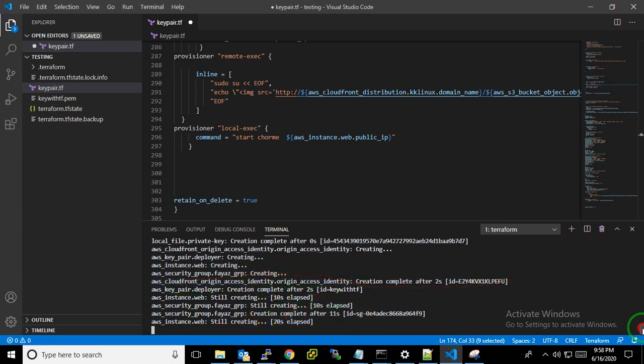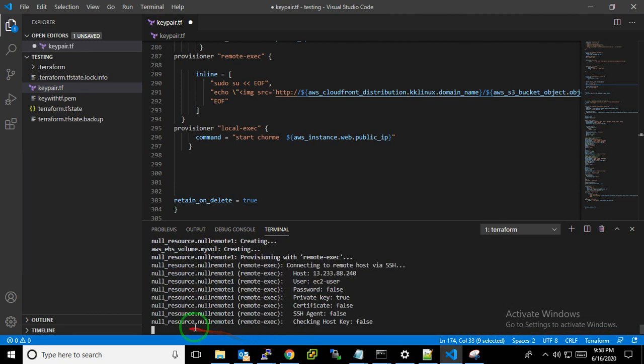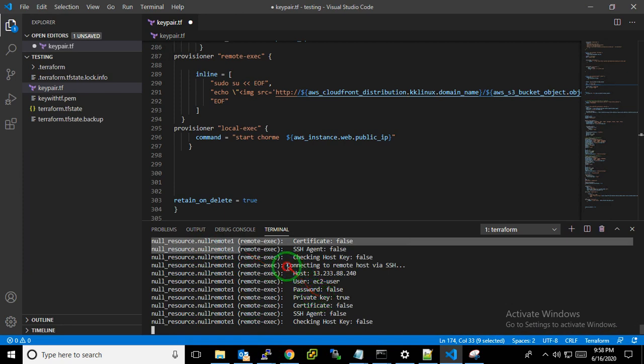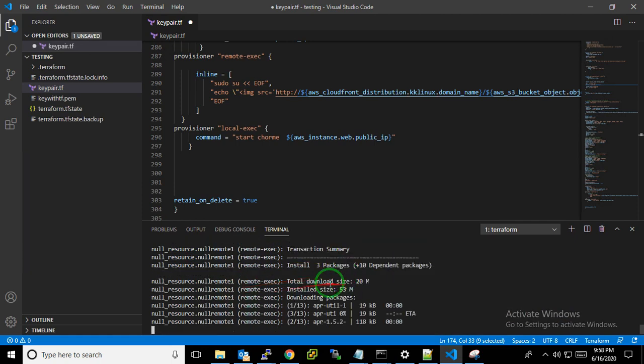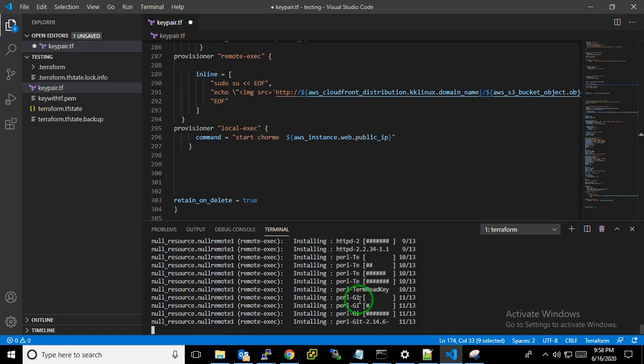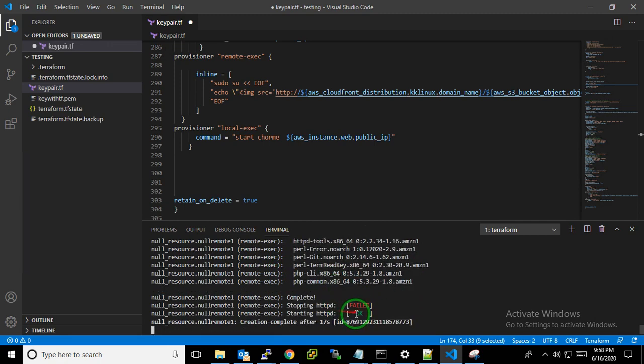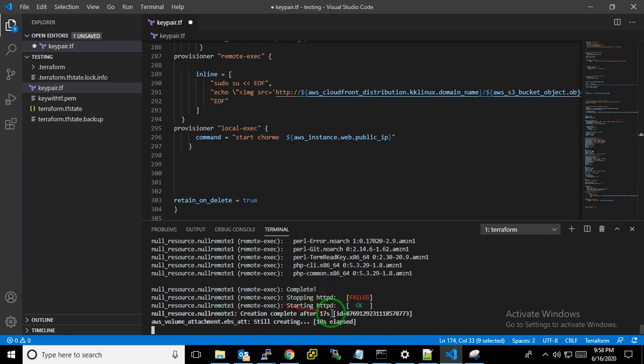Let me show you. Now my EBS volume is attaching, and SSH is automatically connecting from my user. It's connected. Now all the packages are downloaded, installing HTTP, and the services are started. Then it is creating one more resource after this. Now my EBS volume is attaching.